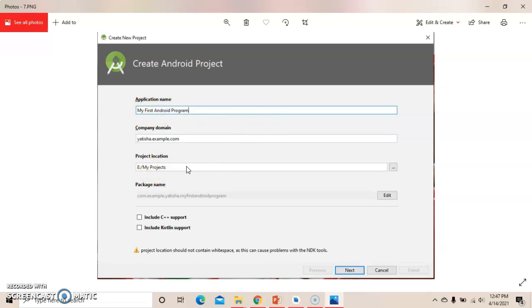My suggestion is to use the default location given by Android Studio. Don't use this My Projects, okay? Take the default location given by Android Studio and just remember that location so you can find your projects, okay?